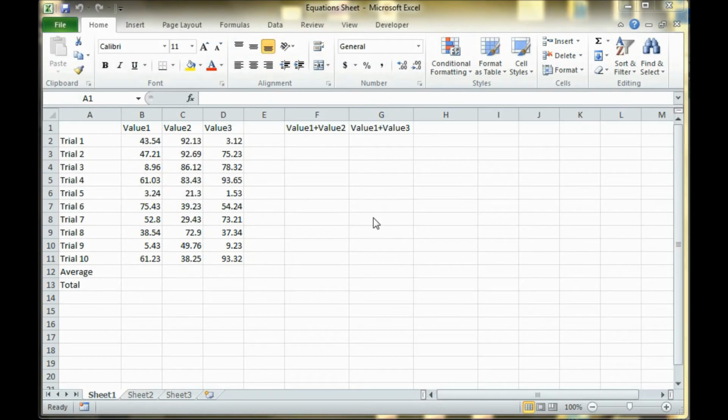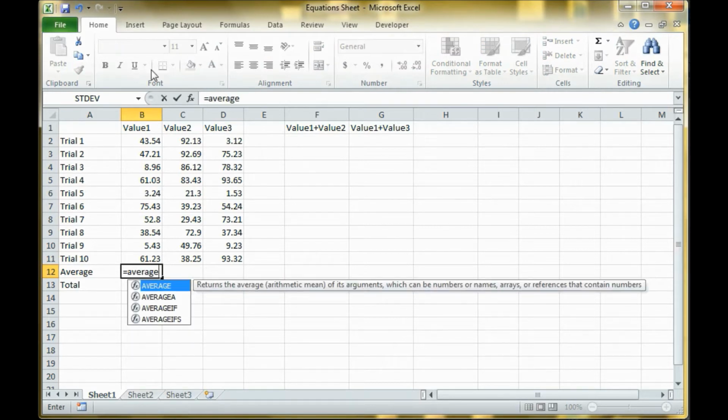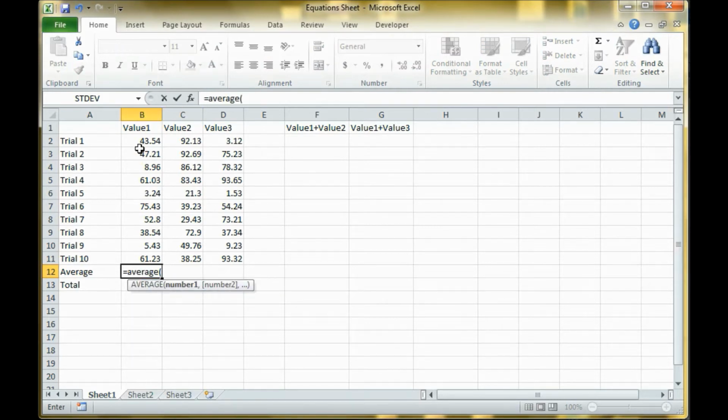Hello everyone, today I'm going to be talking about cell equations in Microsoft Excel 2010. To start an equation, first you need some values, and let's say we want to take the average. What you want to do is hit equals average and then open parentheses and choose the values you would like to be in the average, and then close the parentheses, enter, and it goes ahead and takes the average of